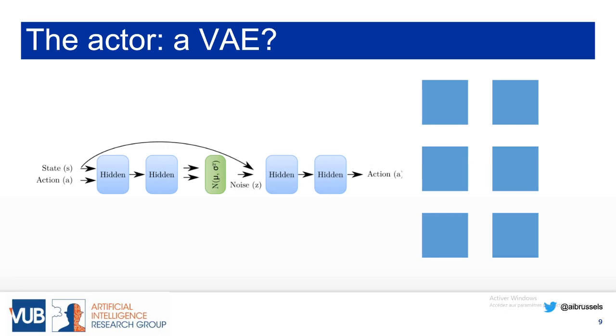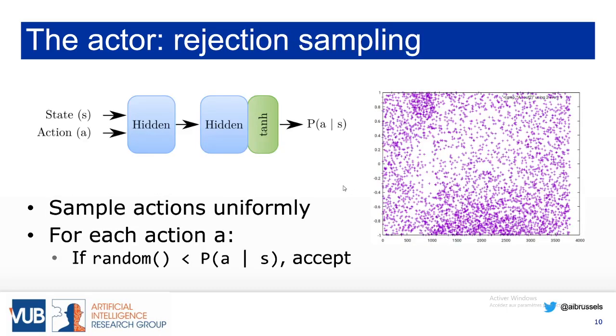Whatever happens, the agent would always execute the same action. So the solution that we propose in the paper is to replace that variational autoencoder with what we call a discriminator, combined with something that is called rejection sampling. So the idea is that we have a much simpler neural network here that observes a state and an action,